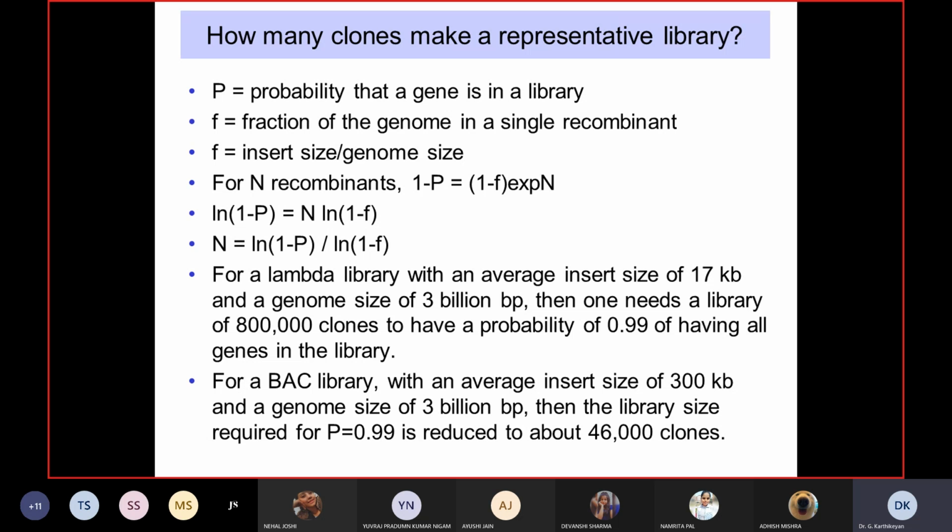So it all depends on the expertise that is available in any laboratory. If your laboratory is doing BACs very routinely, then it becomes easy to use a BAC library. Otherwise, the lambda library to a large extent works very well for routine purposes.